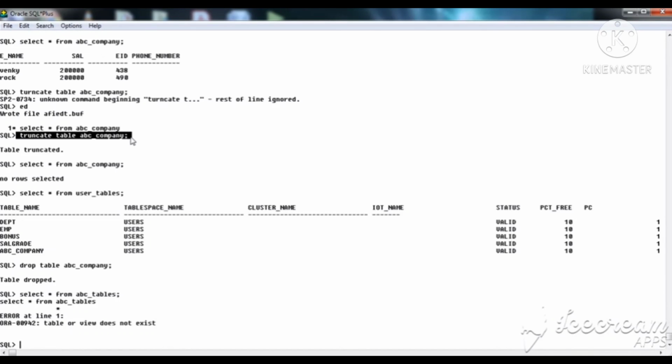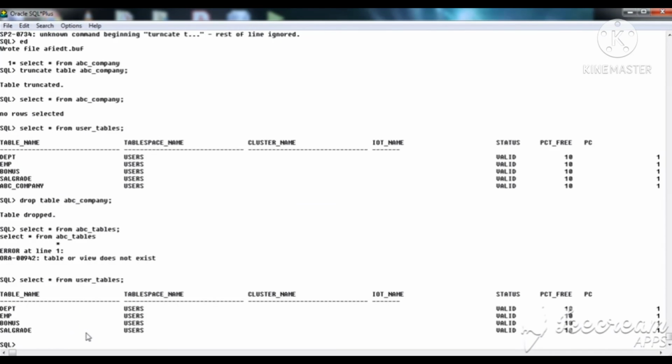Using the truncate table command, only the rows are removed. If you use drop table company name, this command drops the entire table. So I am checking the number of tables available with select star from user underscore tables; semicolon.